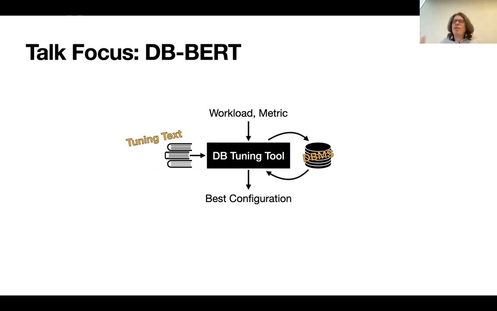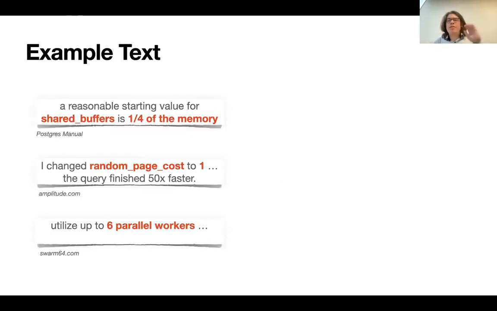And then it uses reinforcement learning and trial executions in order to get from there to a specialized configuration that works well for the chosen workload and performance metric on the platform that we are currently tuning on. Now, the type of hints that we will be interested in the following are some of the hints that you see here, for instance, which are taken from the Postgres manual, but also from different blog entries about a database